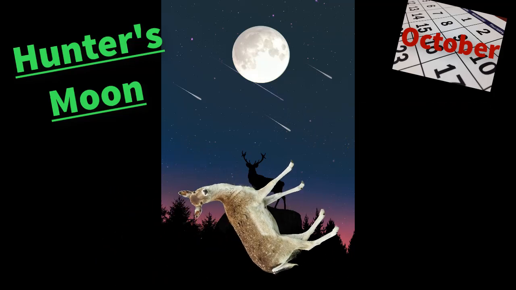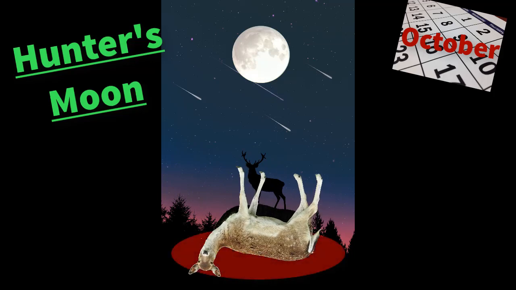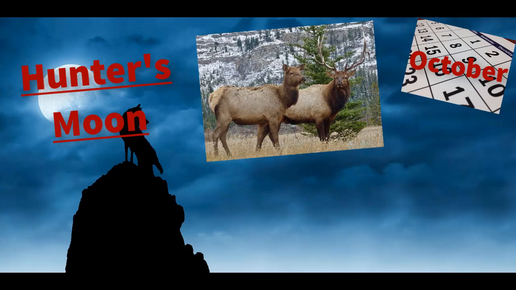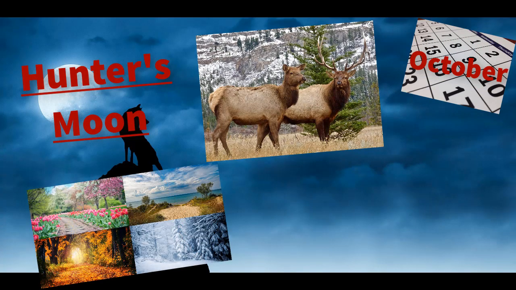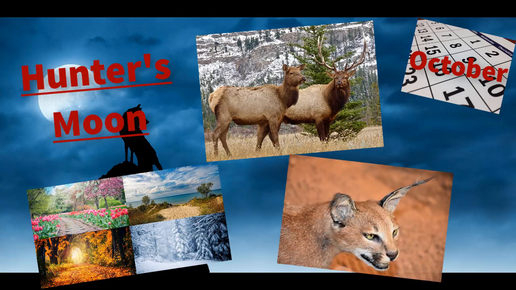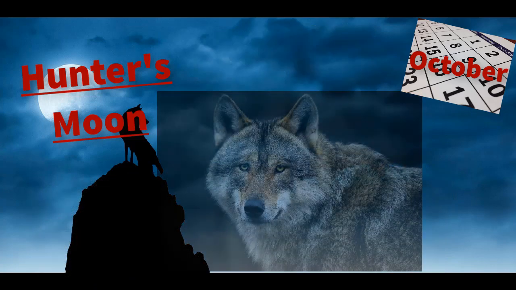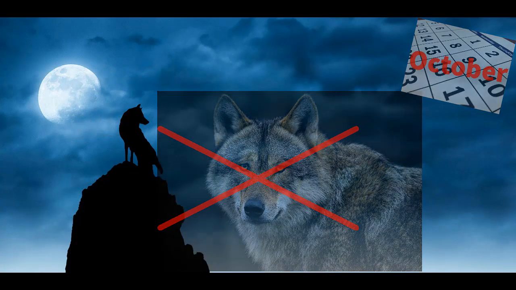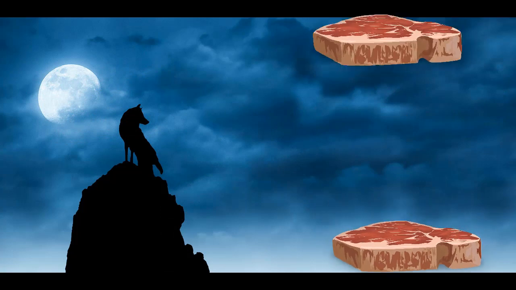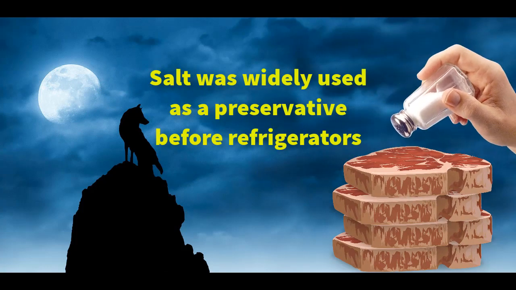The full moon may influence some aspects of animal behavior. It is just one of many factors that shape the complex interactions between predator and prey. Other factors, such as the availability of food, mating cycles, weather conditions, the seasons, and the presence of competitors also play significant roles. In the end, full moons do not invoke predatory instincts in animals. Not only was this a time used by people for hunting, but also for slaughtering and preserving meats.